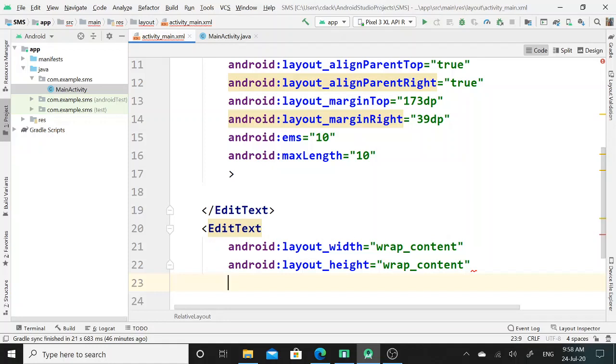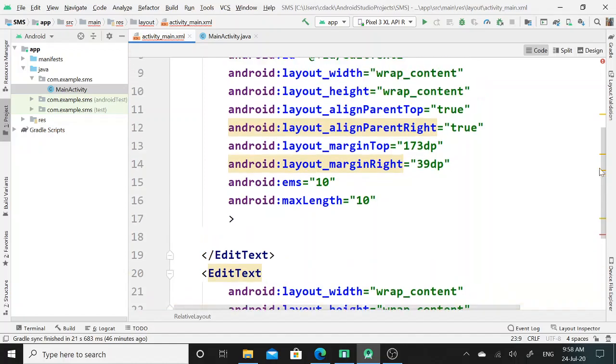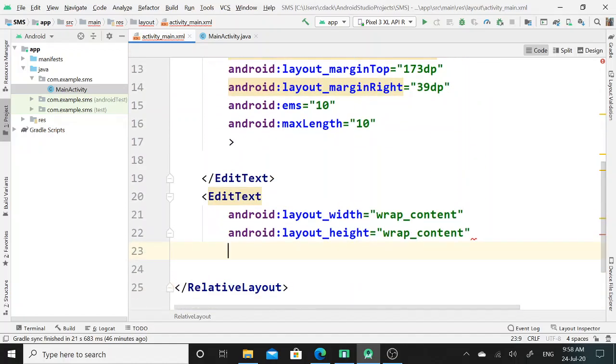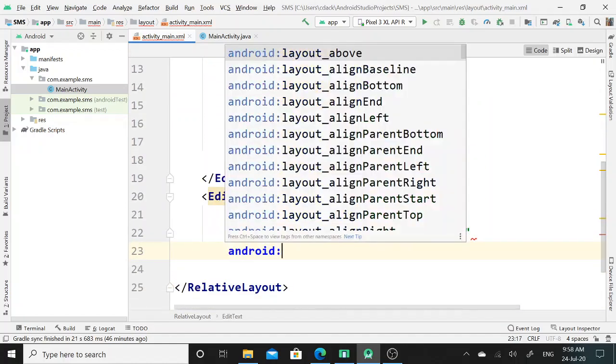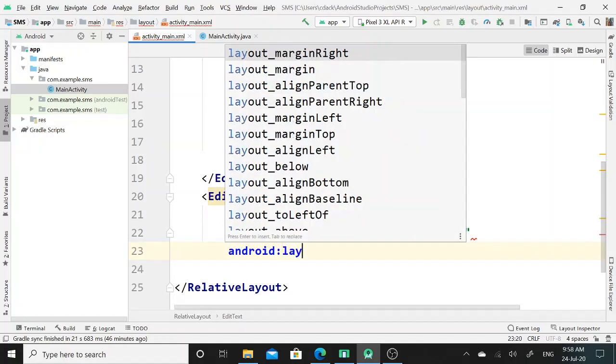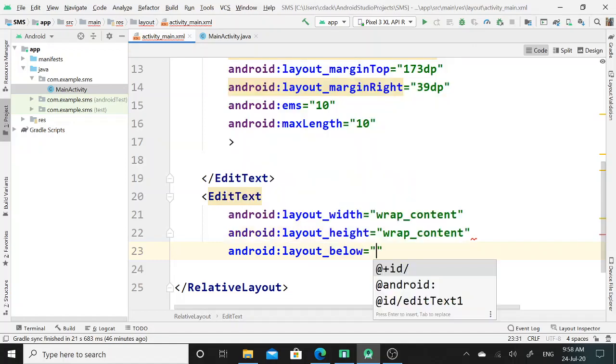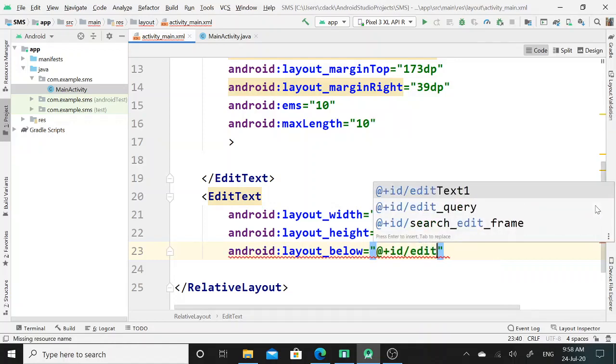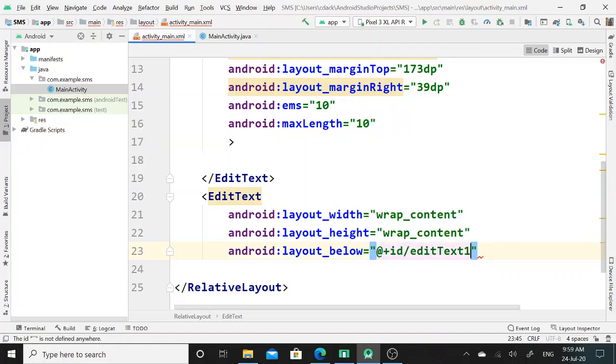So since I want this edit text below this edit text, I will set its property Android layout below, and here I will write the ID of edit text 1 tag.